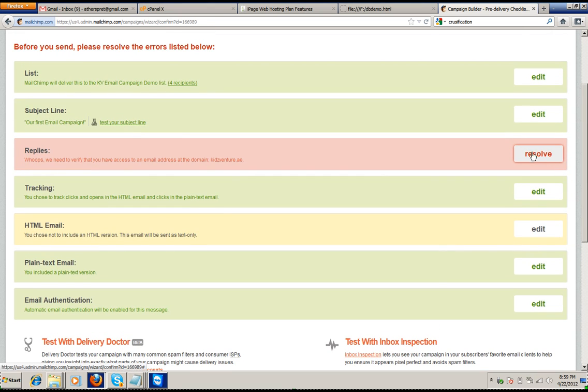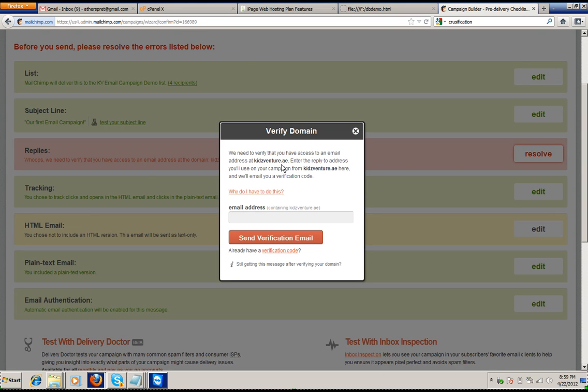So here we need to resolve that we actually need to be verified that we actually own Kids Venture. Otherwise, anyone can send on our behalf, right? So you have to resolve this issue and verify. Okay,